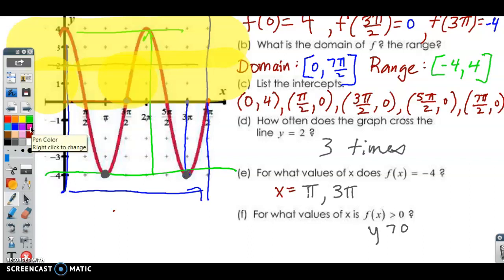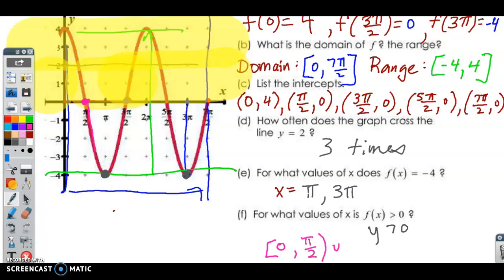It looks like it starts at 0, and we're doing this in terms of x values, so domain. From 0 to pi over 2, because right at pi over 2, once the graph hits pi over 2, the graph goes below the x-axis. Now this says where the y value is greater than 0. So at pi over 2, that y value is actually equal to 0, and we want greater than 0. So we're going to put a soft bracket around that. In union with